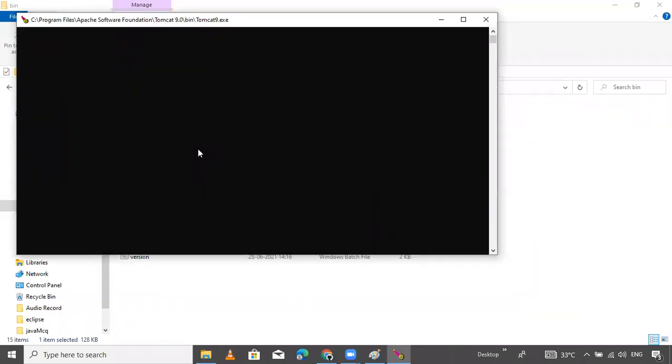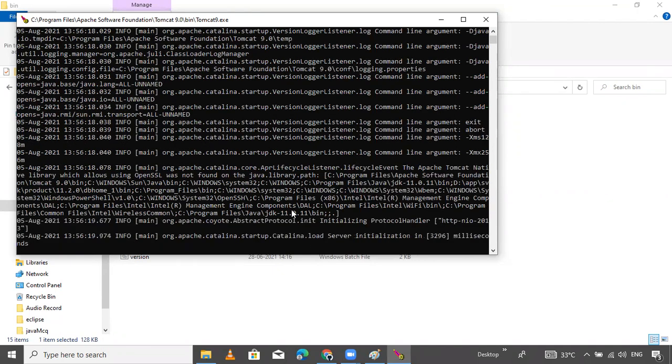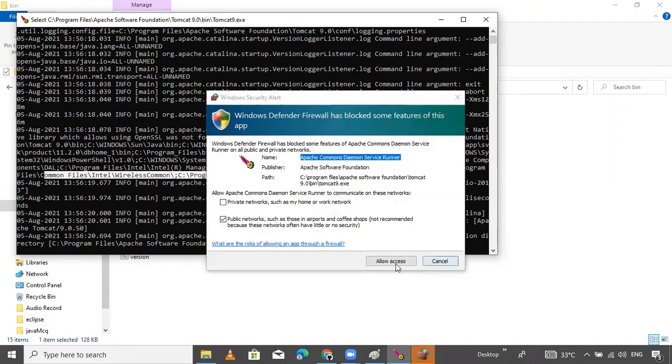We provided one port number, and here it's also showing. Wait. Okay, it's patching your JDK file. Allow.